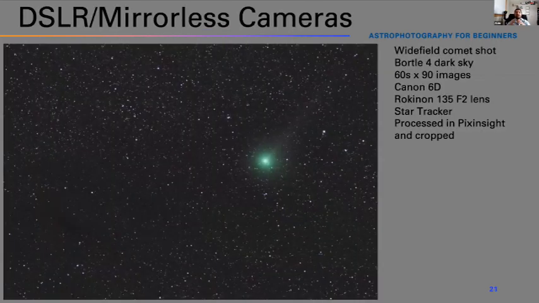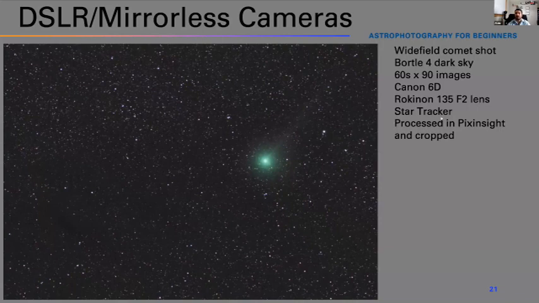Now you could use a DSLR or mirrorless camera. So this was a wide field shot taken from a Canon 6D DSLR, which by now is very old, but it's still a phenomenal DSLR. And this was in a Bortle 4 sky, so fairly dark, just south of Calgary at the observatory. I used a Rokinon 135mm f2 lens.